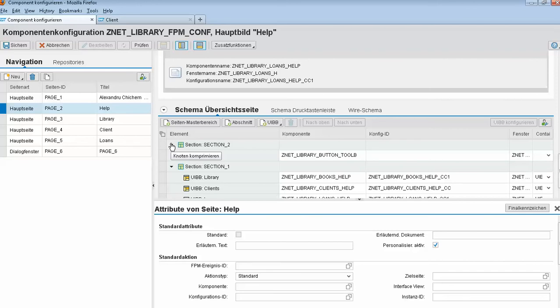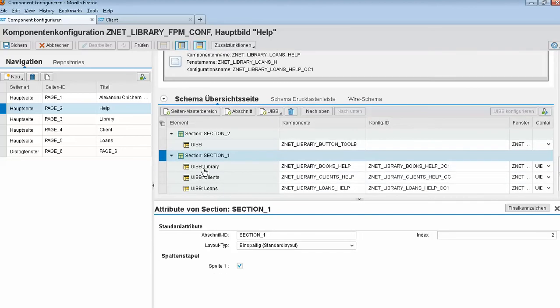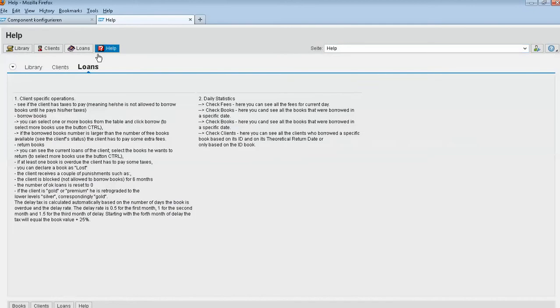In this section we have created a toolbar UIBB, maybe to have some buttons, and then we see that in the default section we have 3 UIBBs, and because we have checked this checkbox, this means that we will have a tab, not a table, excuse me, because if we go to help we see that we have this is the first UIBB, the second and the third one,